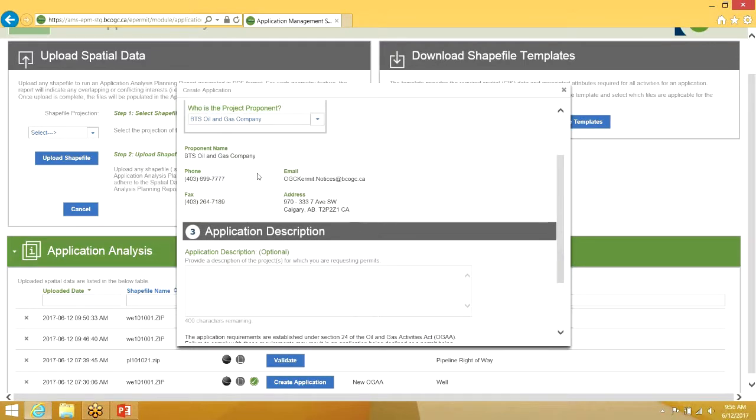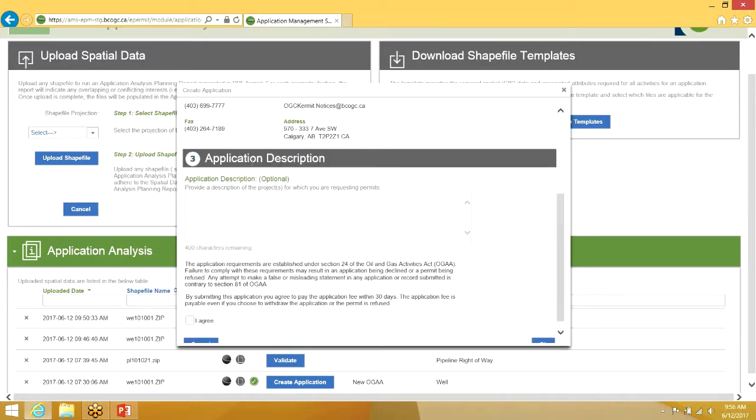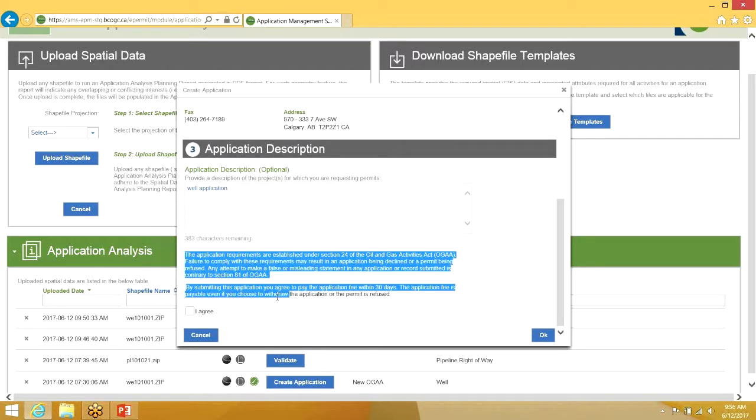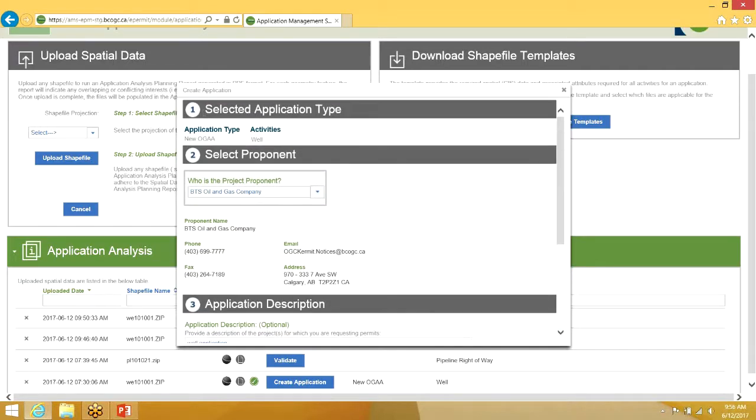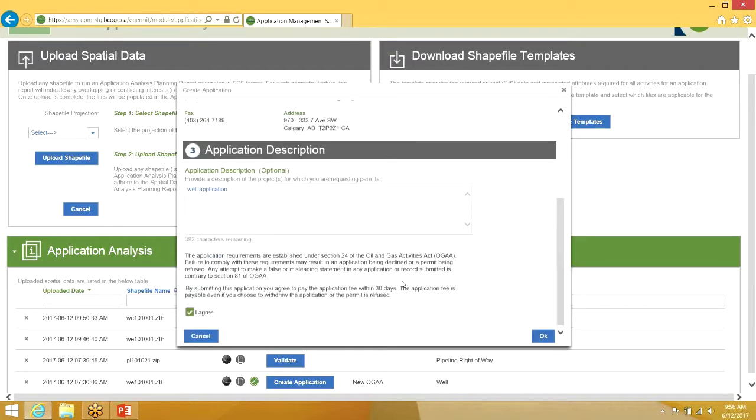So that's the second step. The third step is providing an application description. It is optional. However, it is highly recommended that you do provide some sort of description, as this helps facilitate the review process. So providing some sort of description here, and accepting the legal disclaimer here. So when you're creating an application, you always need to follow these 3 steps. And then once you hit OK,